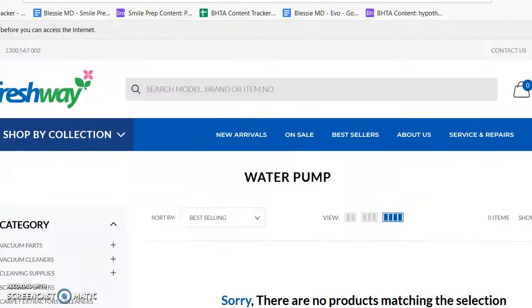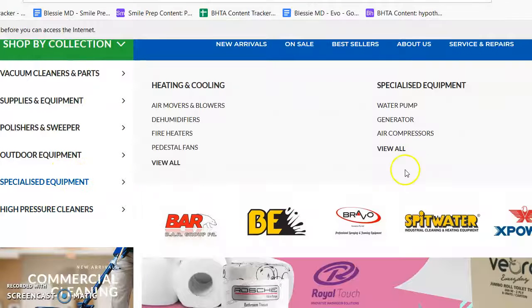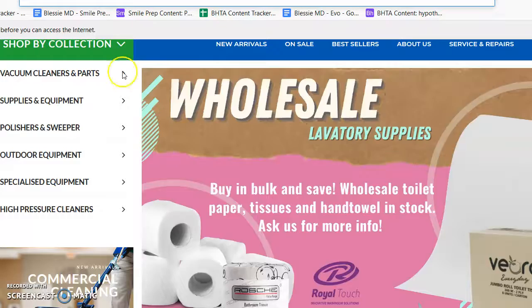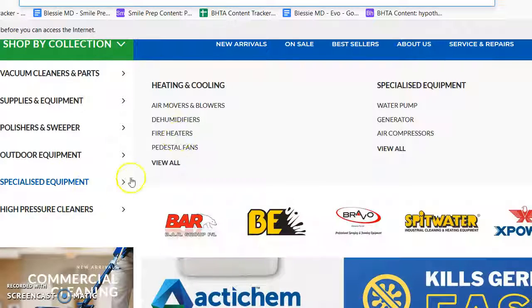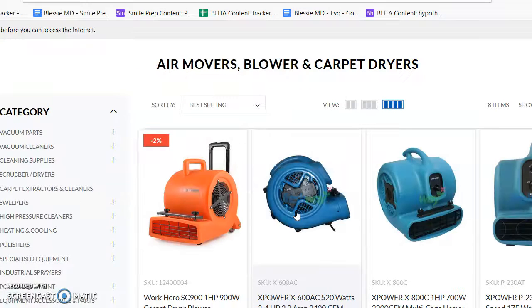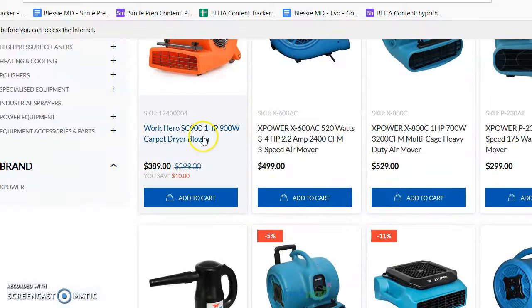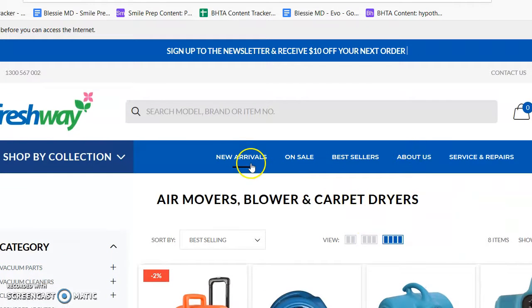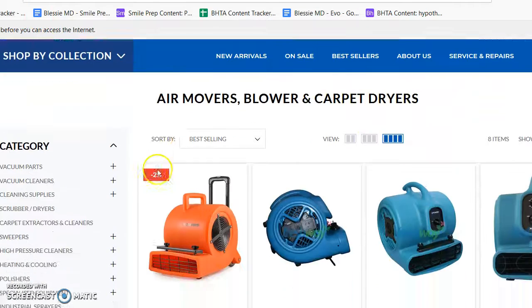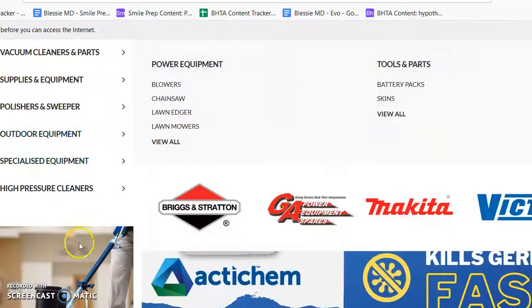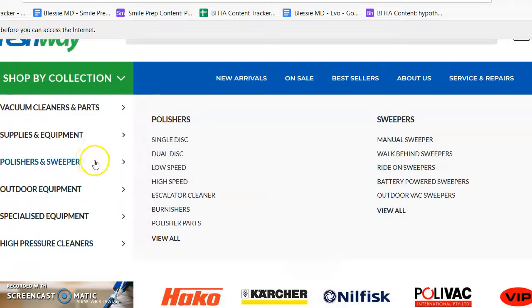Everything under water pump. Oh, why is that? They have no generator. None. Why? They have no air movers, blowers, and carpets. So I saw that someone already added this. Maybe just polishers instead. Polishers and sweeper. Because